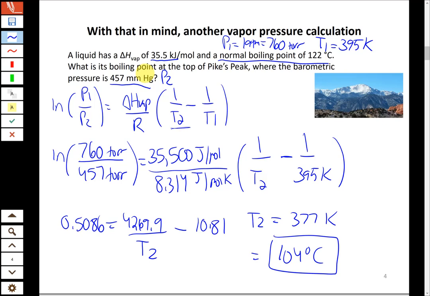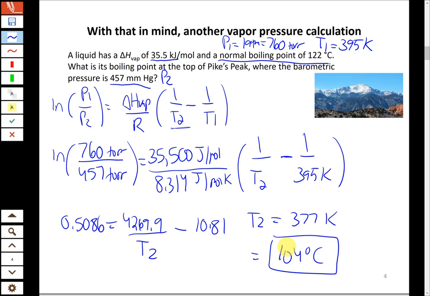Now what you'll see here, this is just something to think about a little bit in your everyday life. The boiling point at the top of the mountain is lower. And so that would be true for water as well. So if you're boiling water here close to sea level, it's going to boil at basically 100 degrees Celsius because our atmospheric pressure is close to 1 atmosphere. But if you go to the top of a mountain, the boiling point of water goes down by a few degrees at least. I don't know if they still do this anymore, but I remember when I was young, if I look at the back of a food package where you have to boil something in water, like rice-a-roni or noodles, whatever it is, it'll say if at high elevation boil for a few minutes longer,